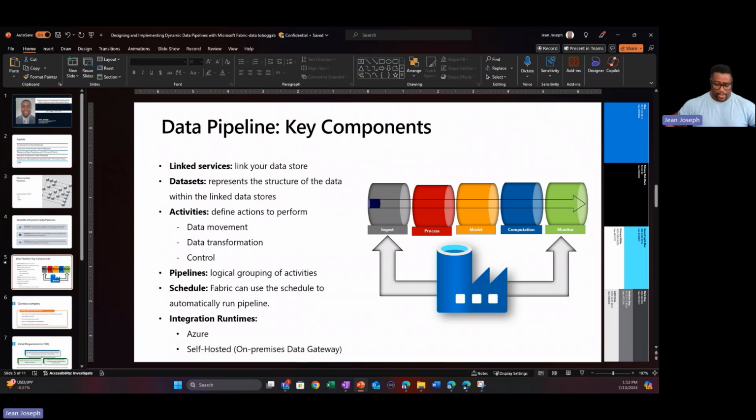We can think of what we call data movement, transformation, and control, right? Data movement allows you to move data from different sources into a single data lake, or your data warehouse, or any sink or destination you wish to have,